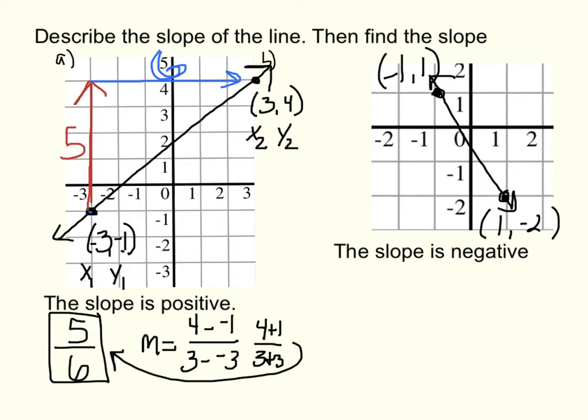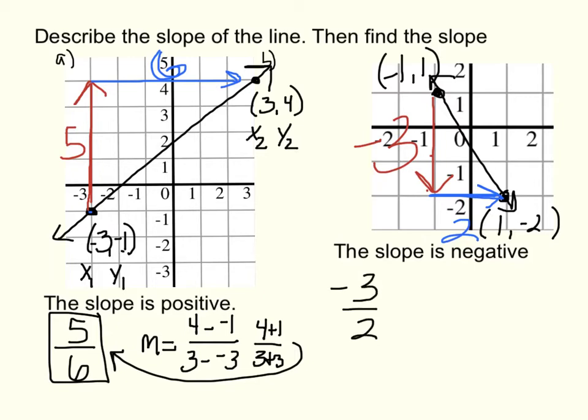So now let's do rise over run. I'm going to go from left point to my right point. To go here, I have to go down to the right. If you go down, that's your rise. To the right is my run. How many did I go down? I went down 1, 2, 3. So because I went down, my rise is -3. To the right, I go 2 to the right. So rise over run gives me the ratio